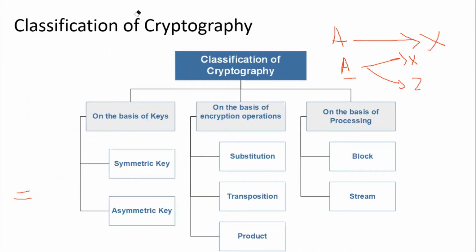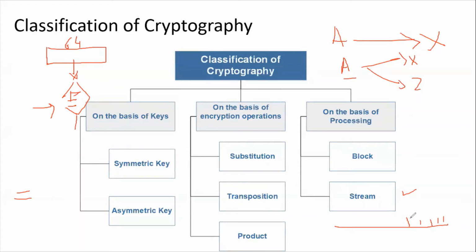In block cryptography, we actually create blocks of data, a fixed size of block data. So for example, in data encryption standard, we have a 64-bit block, and we encrypt it collectively by using the data encryption algorithm, and then we have the ciphertext with the secret key. But stream cryptography is specifically for buffering and for audio or video continuous data, where the data is continuously transmitting, and we will transmit the data by encrypting a single bit or a combination of different bits in a continuous way. So that was the idea about the